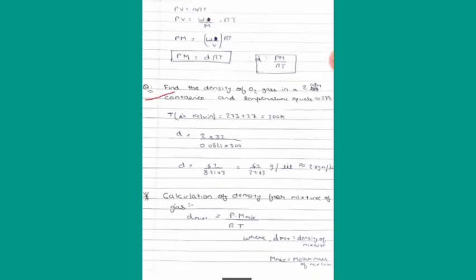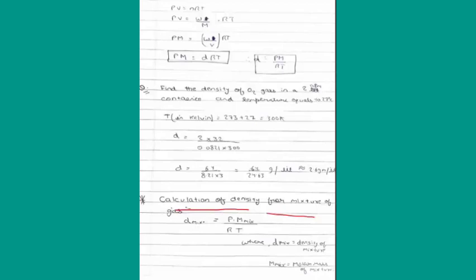Now we will discuss a question based on the above concept. The question is: find the density of O2 gas in a 2 atm container at a temperature of 27 degrees Celsius. We will first change the temperature to Kelvin by adding 273, so the temperature will become 300 Kelvin. Now according to the above formula, d equals PM by RT. d equals 2 into 32 by 0.0821 into 300, which will approximately give 2.6 grams per